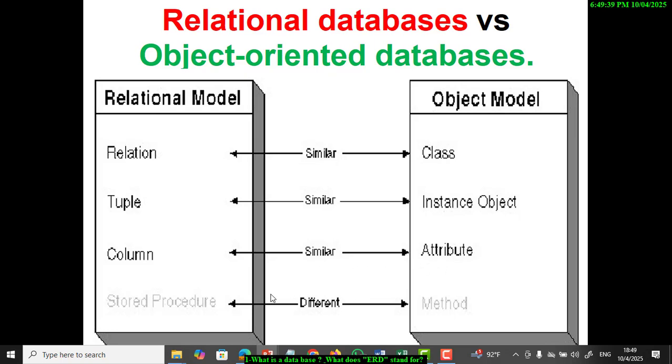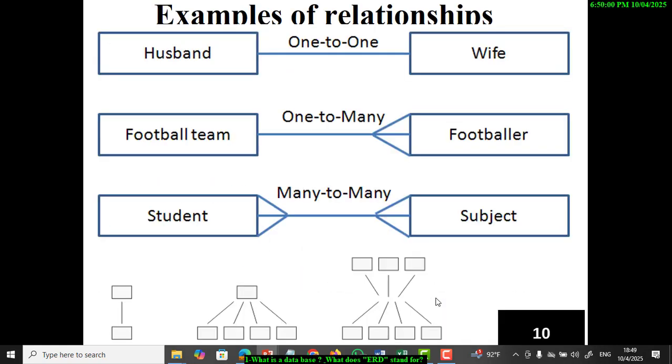And the difference is a stored procedure, which here is a method. Examples of relations: one-to-one, husband and wife in the Christian religion. One-to-many, a football team consists of many players. Many to many, like students: students have many subjects and subjects are